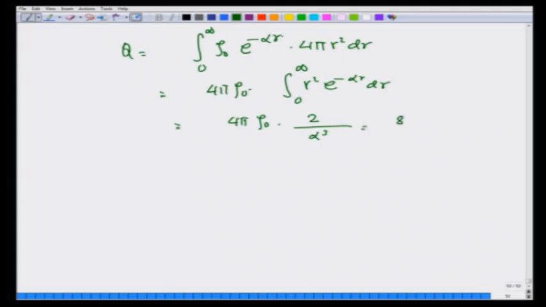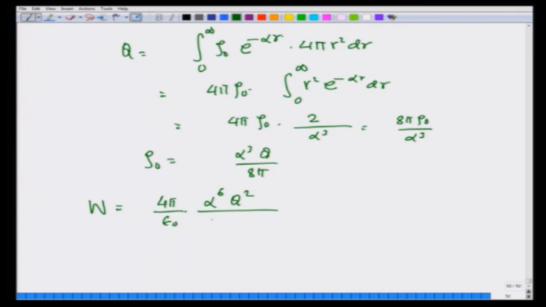So, this is 8 pi rho 0 over alpha cubed, the total charge. So, we can substitute rho 0 equals alpha cubed q over 8 pi and get the energy of the distribution to be W equals pi over epsilon 0 rho 0 square,